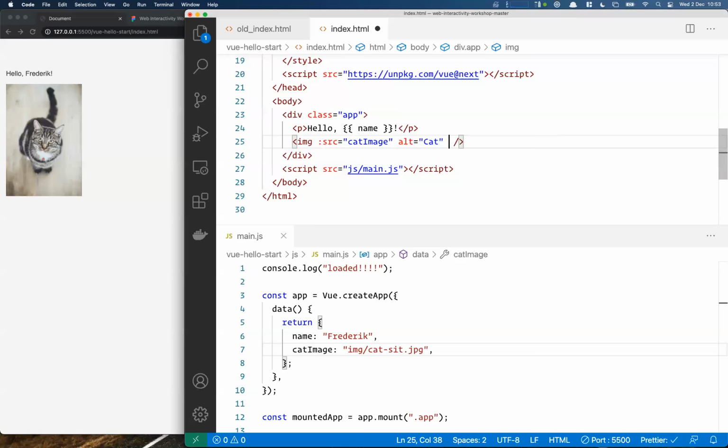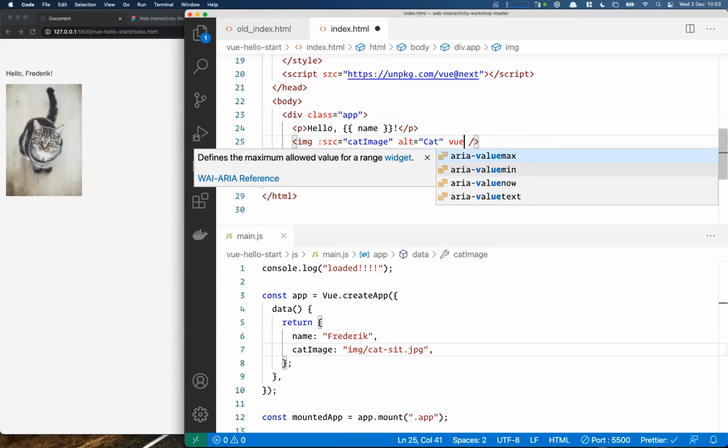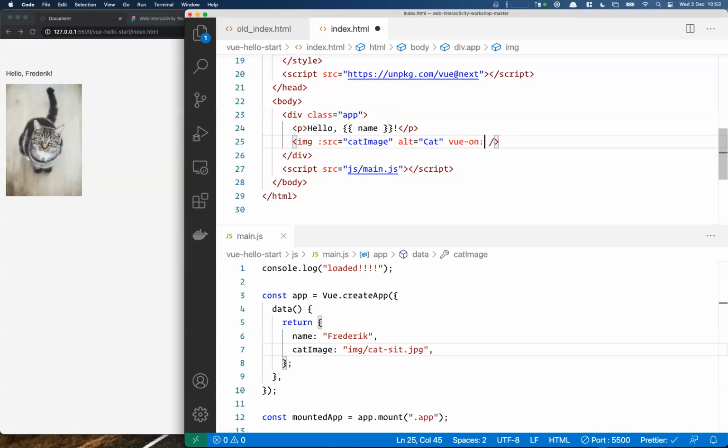And in Vue, we can use, again, there's a long form and a short form. The long form is Vue on : and then mouse enter. But the short form, which is what everybody uses, is just using an @ sign. So this basically means if this event happens, then we do something. And here there's a bunch of things that we can do. We can actually flip the image immediately ourselves. So we can write all of the code inside of that thing, and we'll do that now just to show you. So here we can literally say cat image